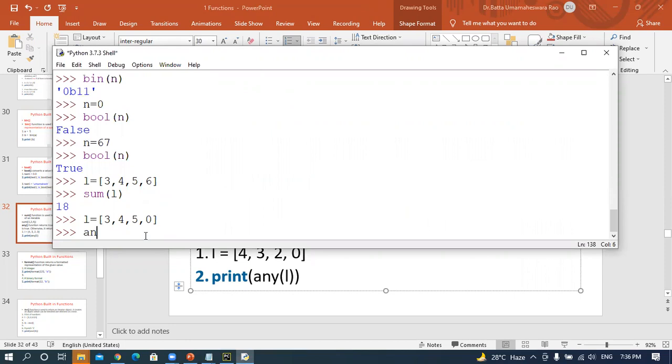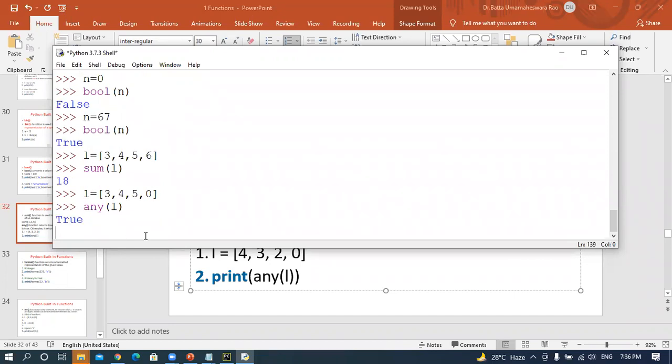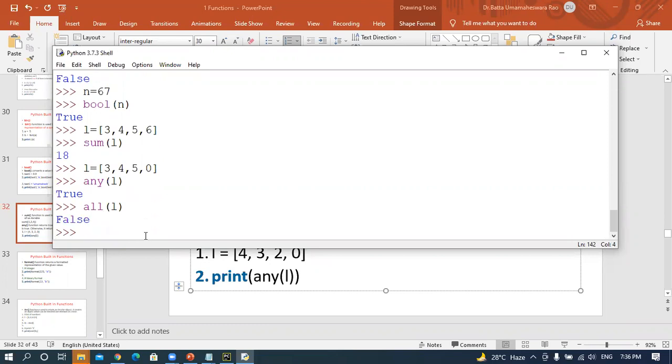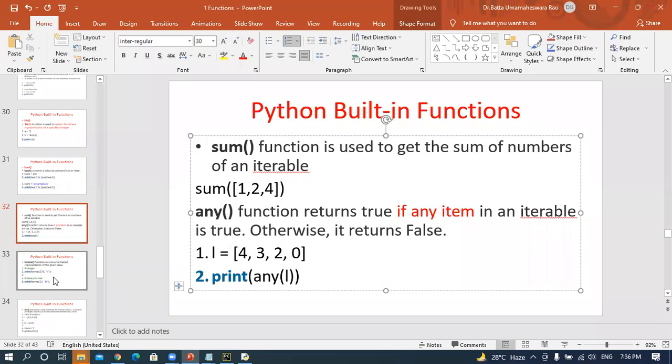I am writing any of L. Any of L means if any one is true, it prints true. For example, 3 is true, so the output is true. If you take all of L, any one being 0 means false, so the output is false. Is it clear? This is some information about any and all.